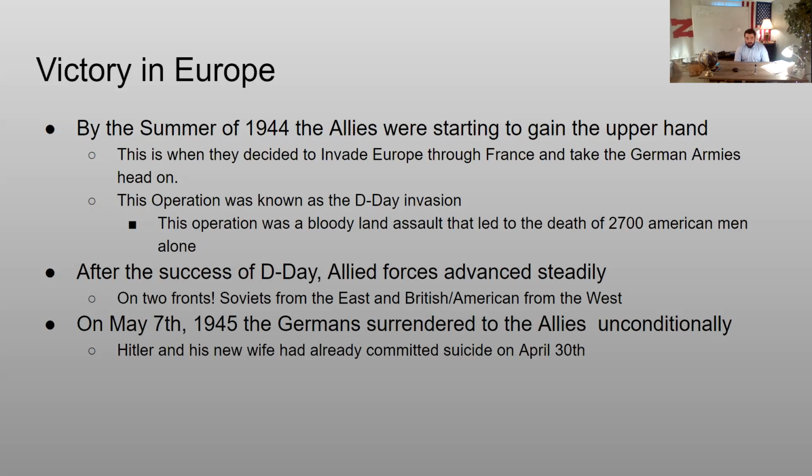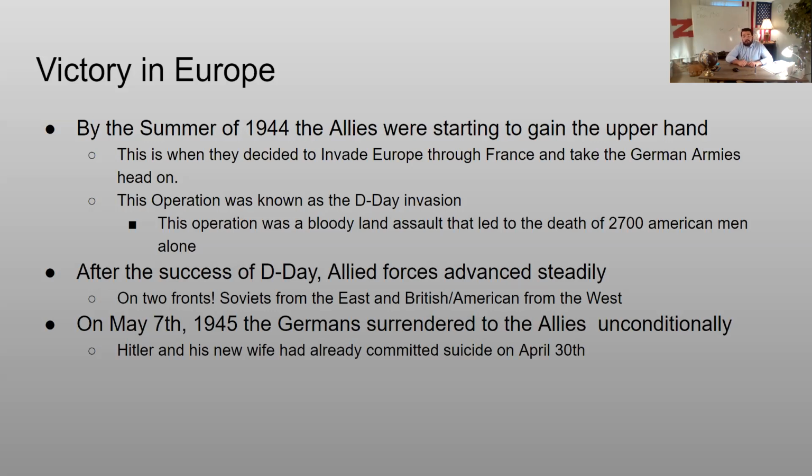In fact, Hitler, at this time, marries his longtime companion, basically his girlfriend. Her name was Eva Braun. He marries her, and then the next day, he and her committed suicide. So on April 30th, Hitler and his wife end up committing suicide, and then only 7 days later, all of